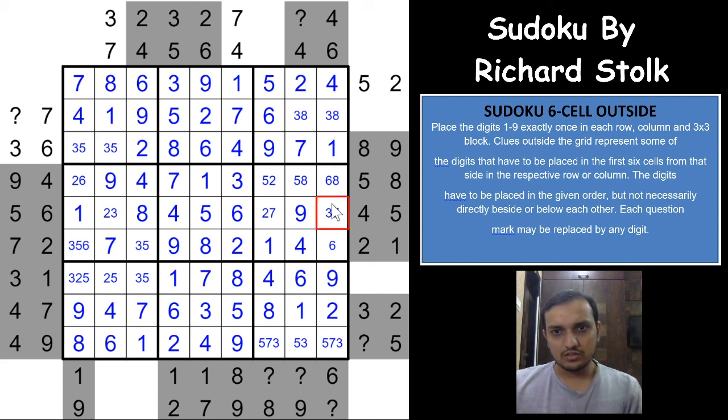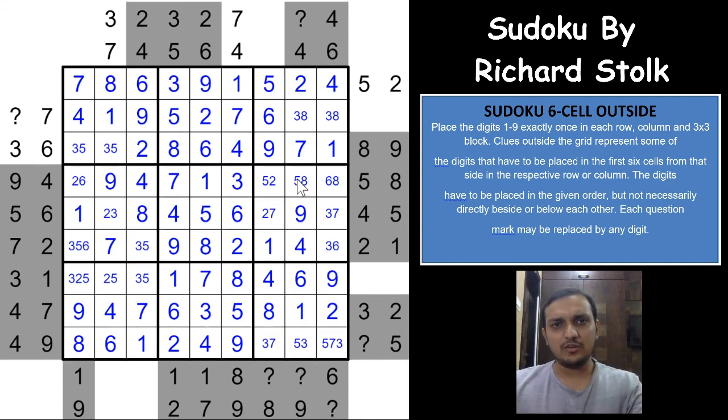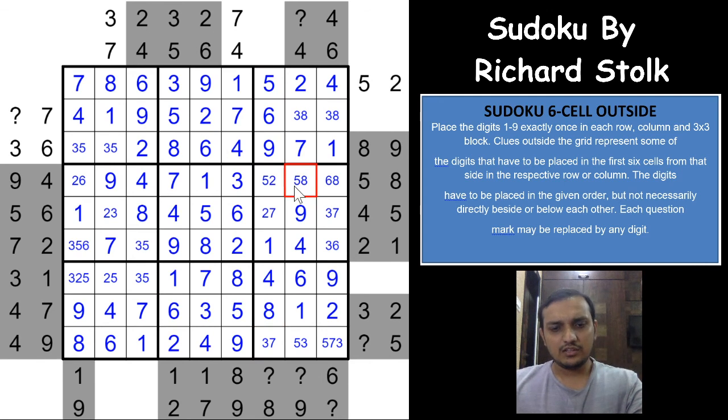Okay, 2, 7, 3, 7, 6, 8. This cell would have to be 3, 5 and 6, right? So 5 is not possible. 3 and 6, right? So 5 would have to be in one of these two cells again. Okay, 5 cannot be here, so this also is 3 and 7. Okay, you already have a 5 here, that eliminates 5 from here, and this becomes a 5, and before that you need to have an 8, that gives you a 2 here, a 6 here, and this 2 gives you a 7 here, a 3 here, a 6 here, that gives you an 8 here and a 3 here.